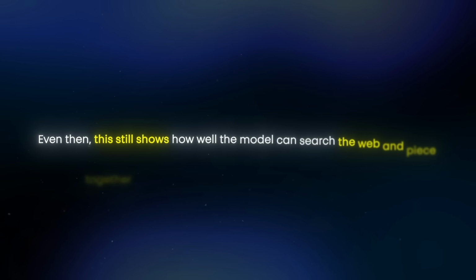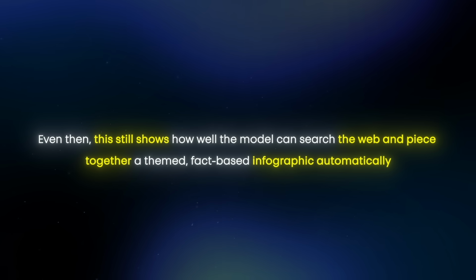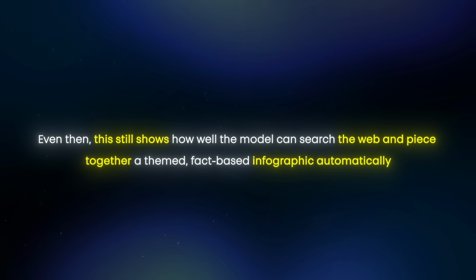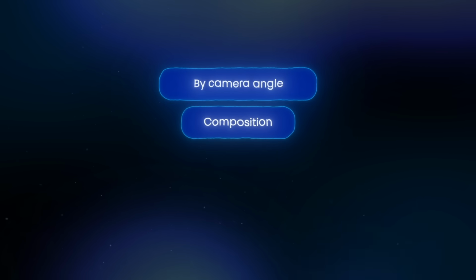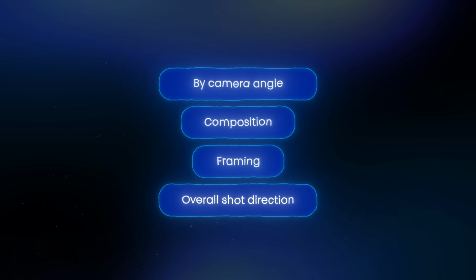Even then, this still shows how well the model can search the web and piece together a themed, fact-based infographic automatically. Next up, we're going to take a look at how much Nano Banana Pro has improved when it comes to controlling the way an image is actually taken, like camera angle, composition, framing, and overall shot direction. This is also one of the upgrades they introduced in this version, and it makes a massive difference for advertisers